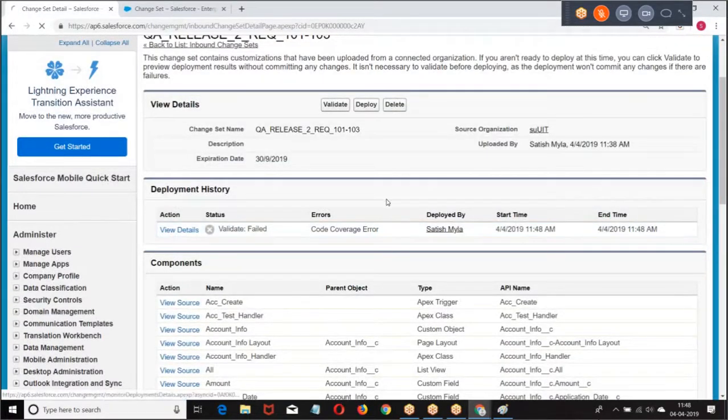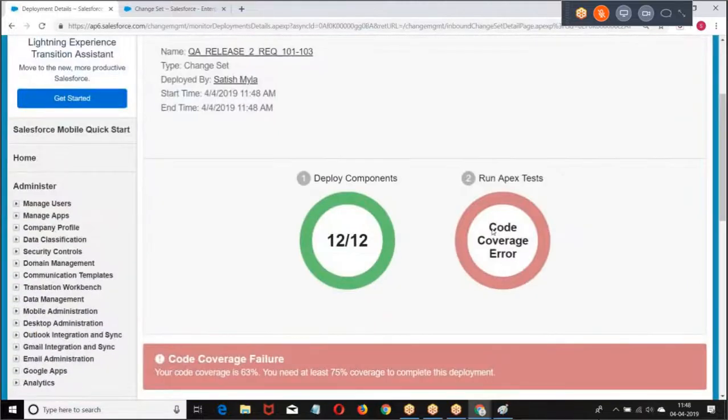Failed. Why did it fail? Code coverage. But when you created it there, it was already 100%, right? When I deployed, when it is running with the remaining test classes, it is not giving 100% code coverage. If it is less than 100, I can increase it. But already it is 100. I cannot increase more than this. The class which I deployed already has a test class with 100%. I cannot increase anymore. Then what will you do in that case?